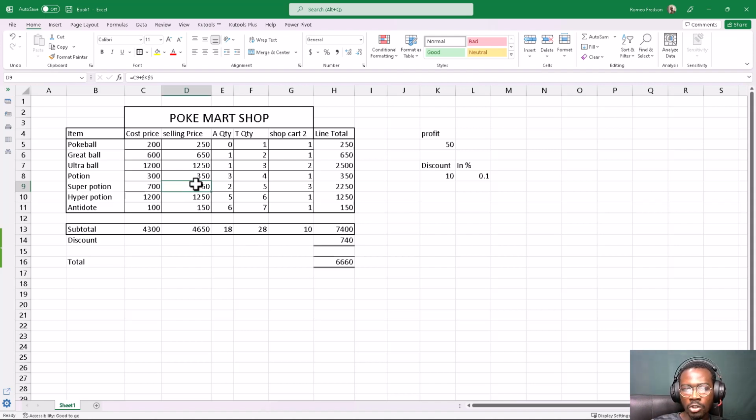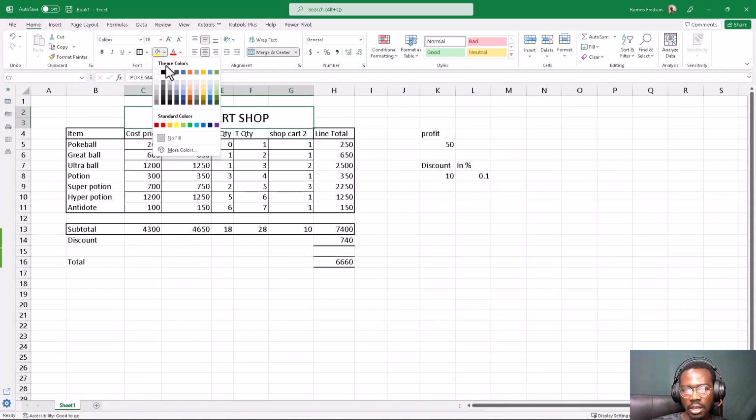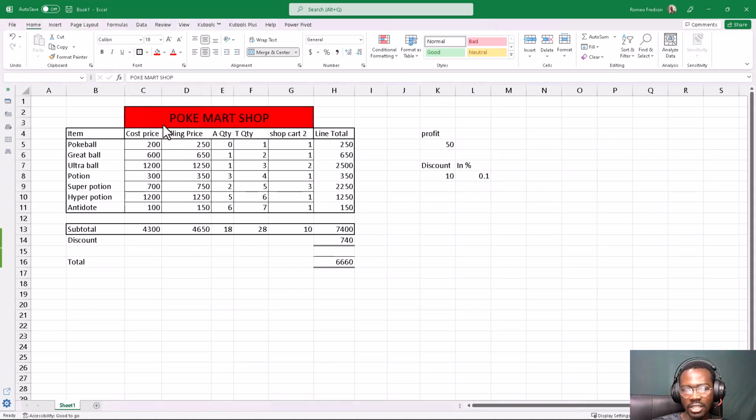Okay, so now for my poke marks, I want the fill, which is the background, to be, let's see, let's try red, and then I want the font inside to stand out as white. Okay, so I go to A, where the font color is, and then I go to the white color. So now you see we have the poke mark standing out, and then I want to highlight the top here,